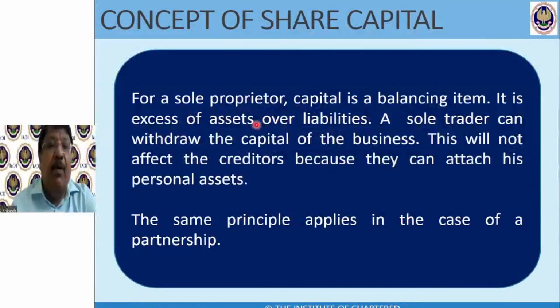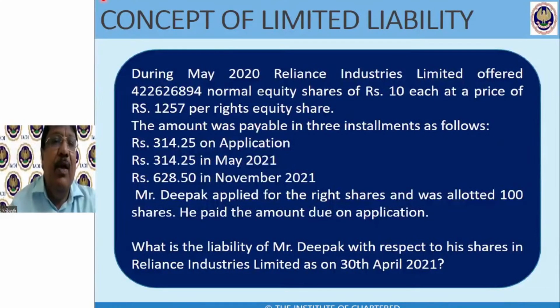Welcome back from your well-deserved break. Somebody wanted me to explain this May 2020 example again. Point is, forget about this rights part. Ignore it. I will teach you rights later. What you need to understand is Reliance Industries Limited issued partly paid shares. Out of this 10 rupees plus 1,247, total 1,257, it was divided into 25%, 25% and 50%, which means